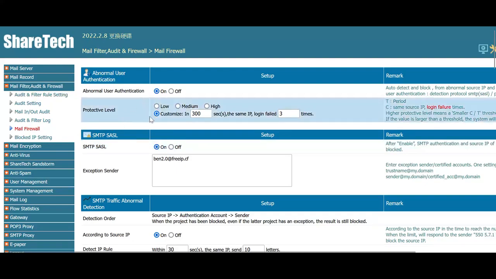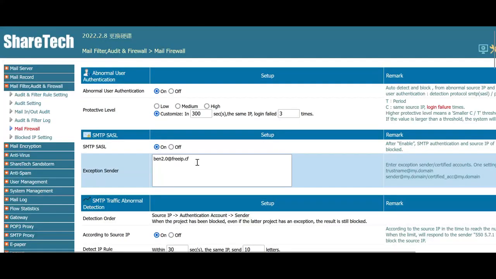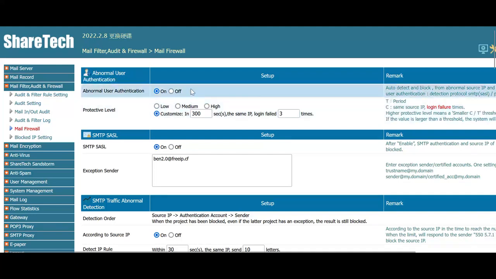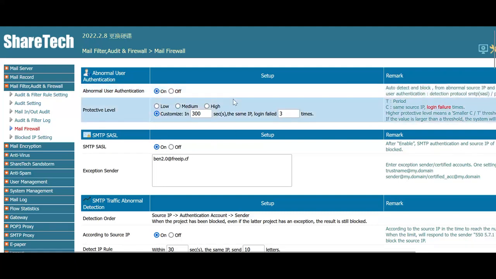In mail firewall, we have various functions to do the protection, like abnormal user authentication. If you turn this function on, the source IP address of accounts which fail many times on authentication will be blocked, and administrators can define the protective level, which is low, medium, and high. The higher this level is, the fewer times a user can fail on authentication. Or you can just choose customize, and you can define in how long this IP address can fail